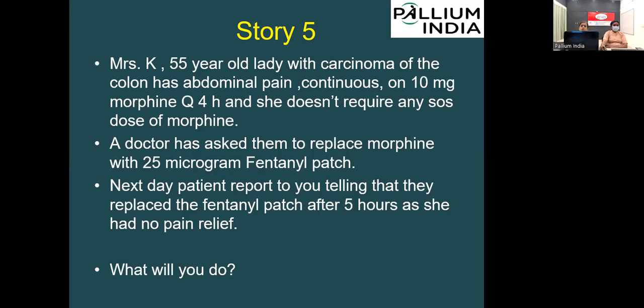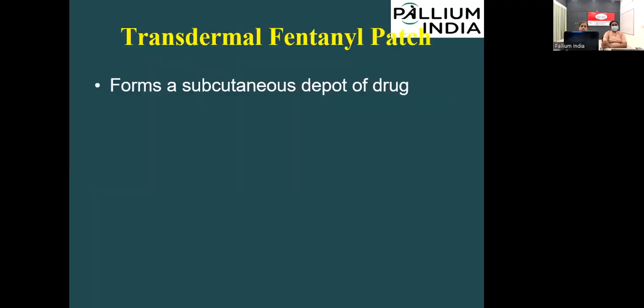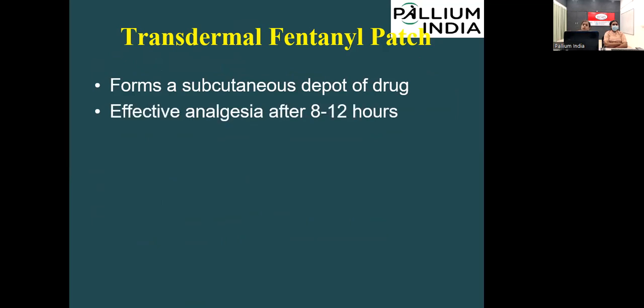The answer, the response was very correct. Once you put a transdermal fentanyl patch, it will form a subcutaneous depot. There is another depot of drug which is formed subcutaneously, like a small reservoir. Wherever you put the patch, a subcutaneous reservoir is formed. And from that, the drug needs to be released into the blood,